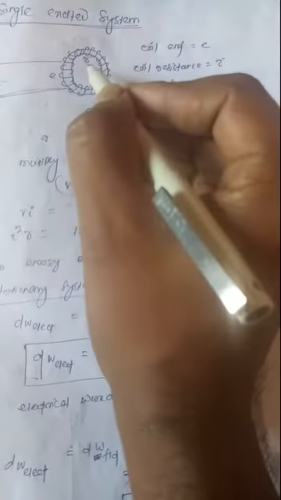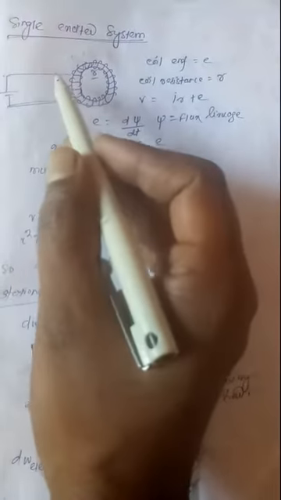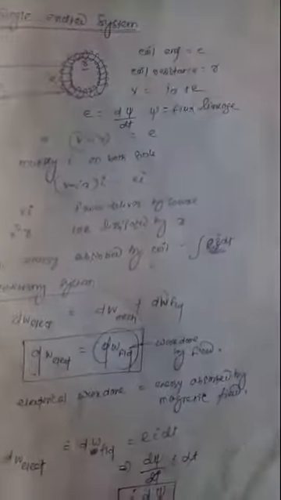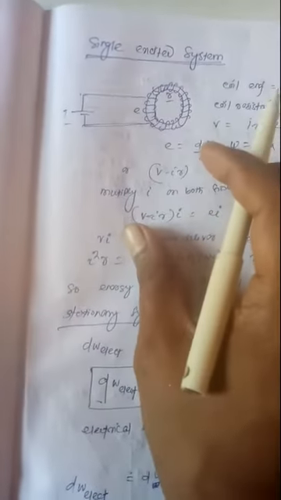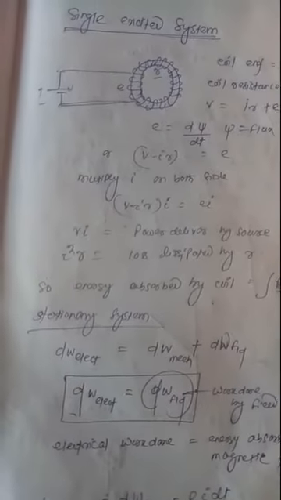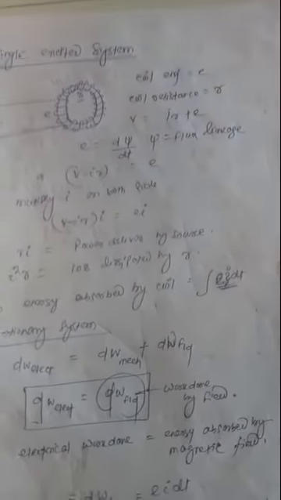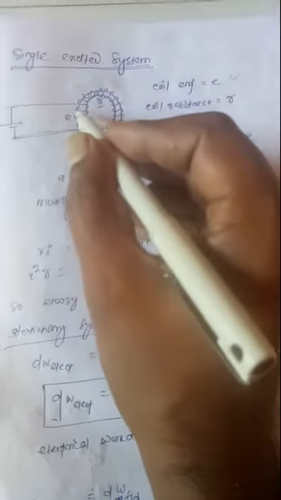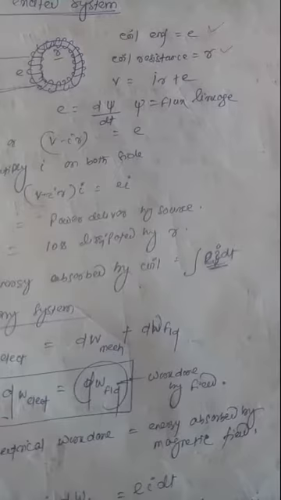Okay, having resistance is your R, or you can show that resistance of the coil by means of external resistance connected in the wire also. This arrangement is connected with the source voltage V. So look at the diagram. The coil EMF is your E, that means the EMF induced across the coil is your E, and the coil resistance is your R.